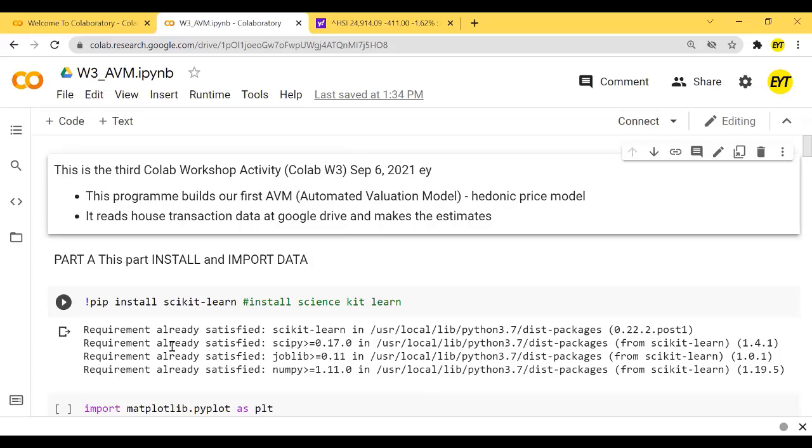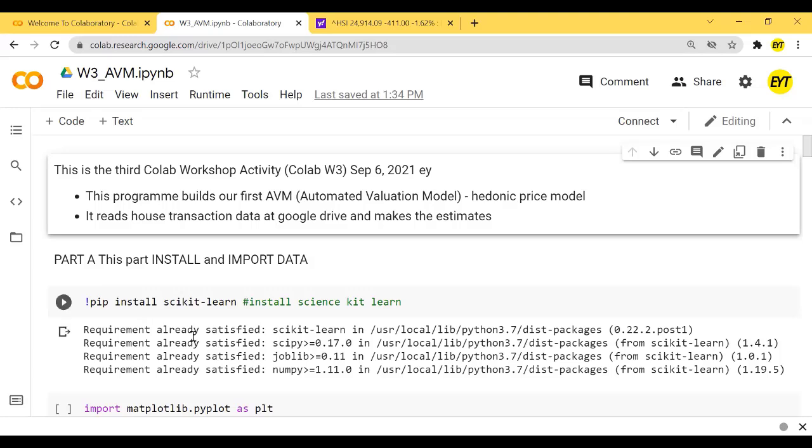So of course, it may be a little bit confusing because it requires a lot of installation and coding, but at least it shows you what you have achieved in the assignment tool to build your first AVM by machine learning algorithm. Now I want to show you how we can use Python code to build a simple